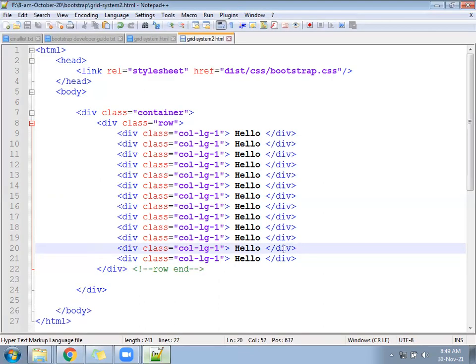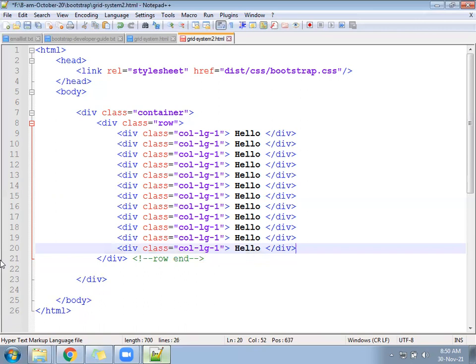So the 13th column will go to the next line. If you want to print in one line, you should not exceed 12. Keep in mind, how many maximum? 12. This col-lg-1 you have written can be SM also, XS also, double XL also, and MD also.